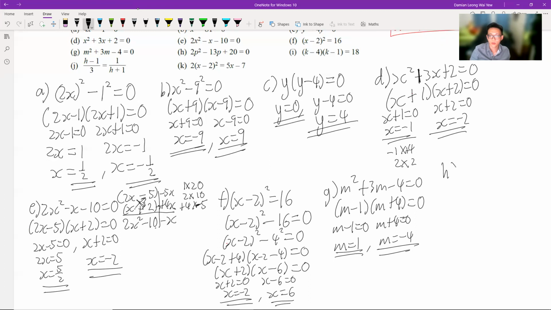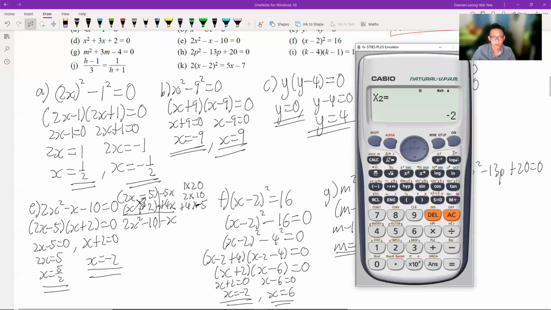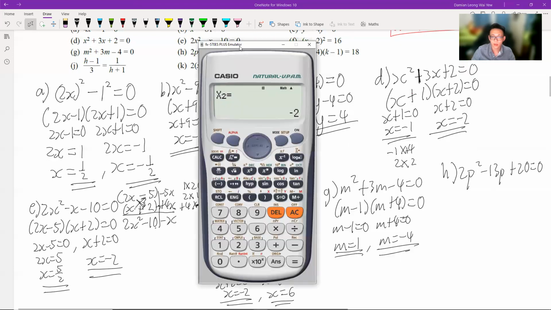Part H. 2p squared minus 13p plus 20 equals 0. This one also is rather straightforward. Okay. Now let's try to use the calculator method this time. So if I use the calculator method,